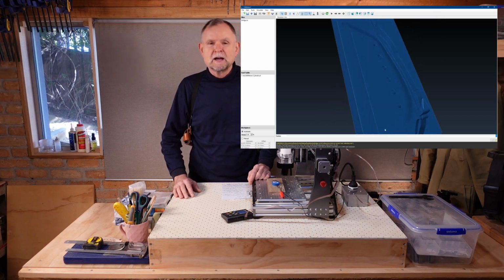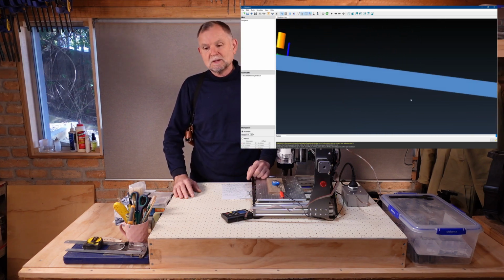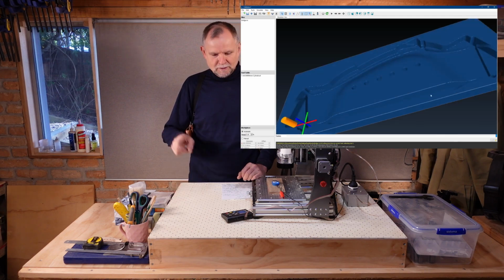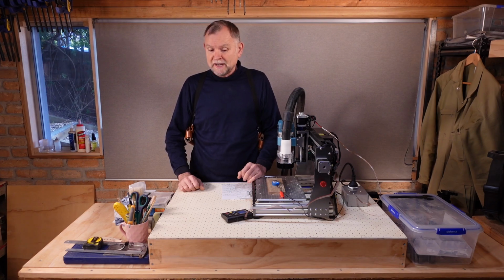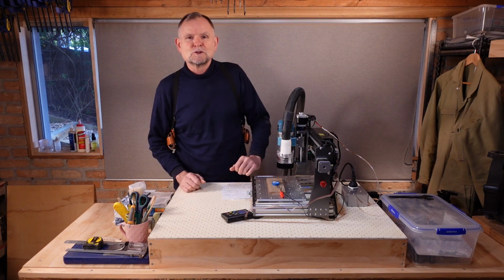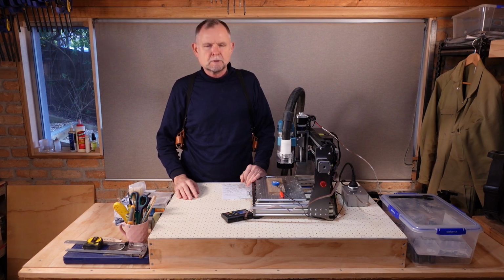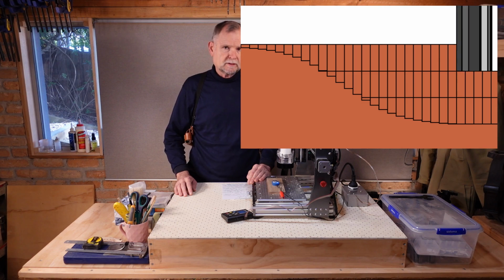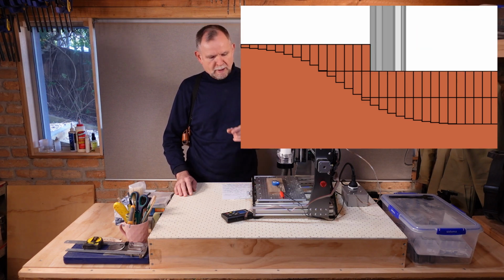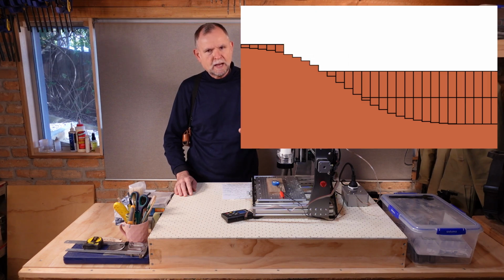And if I'm not happy, I go back to the project, adjust it, regenerate the G-code, round and round in a cycle until I am. Then I load the G-code onto an SD card and pop it into this little controller. As I mentioned in the last video, the first few runs were very, very slow. Now, the two biggest problems were that I was too cautious with my feed speed and my maximum depth of cut. Another factor that I didn't notice at the time was that I was making far too many unnecessary passes,